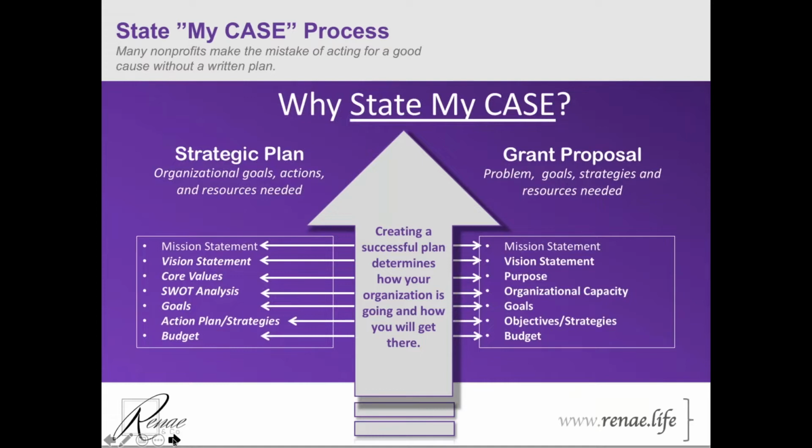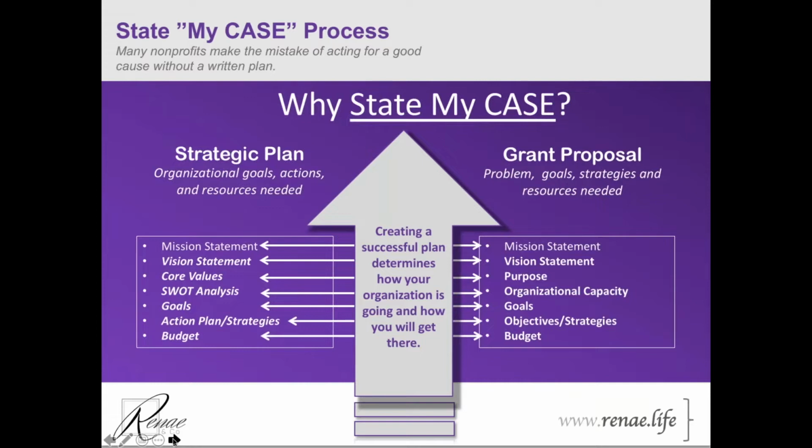Let's take a look at the different components of the strategic plan. You have your mission statement, vision statement, core values, SWOT analysis, which is your strengths, weaknesses, opportunities, and threats, your goals, action plan and strategies,